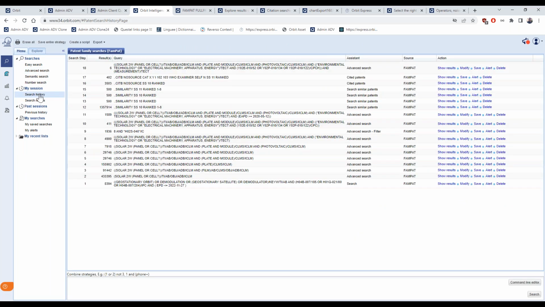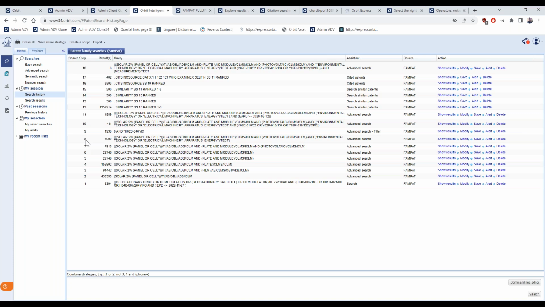The syntax that we just saw in the command line is the same that you can find in the search history with fields. You can use this syntax in the box below, where you can also combine search steps. For example, I saw that I'm interested in these results.